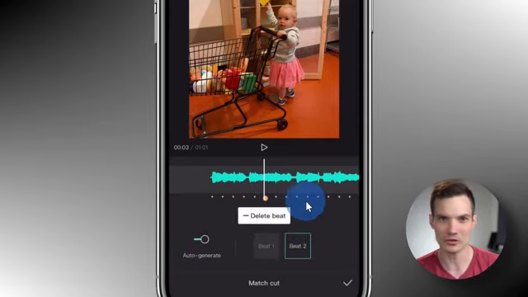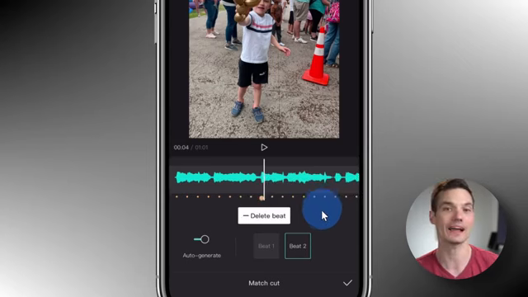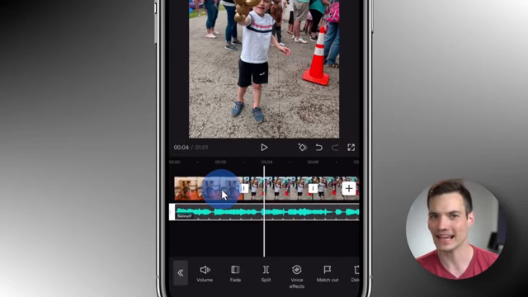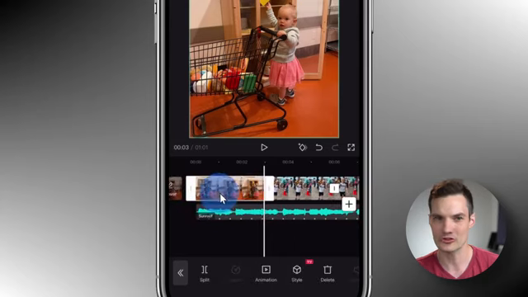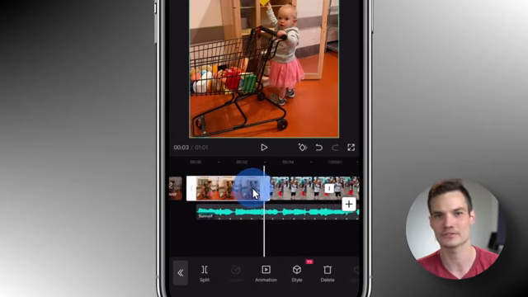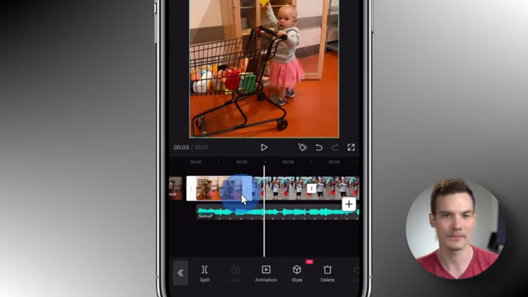And it adds these little yellow dots. When I go back to the main timeline view, I can see those yellow dots on the audio track. Now when I adjust my video clips, it'll snap to those little yellow dots, making it really easy to edit to the beat. Tip number 5, you can play one video on top of another video using something called overlay,